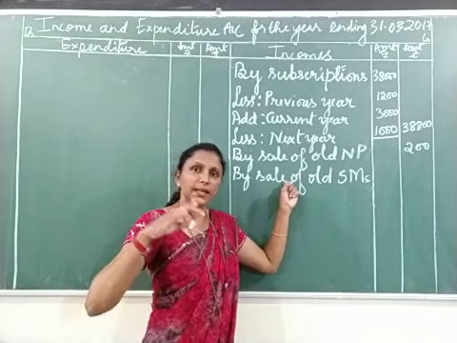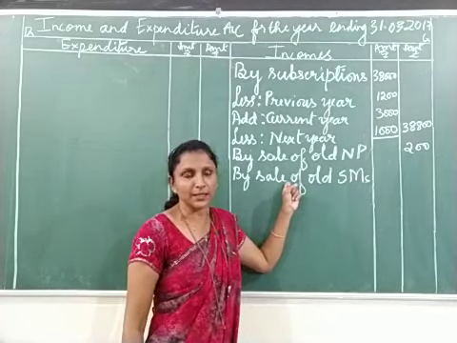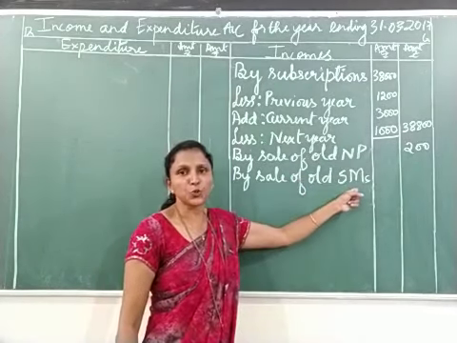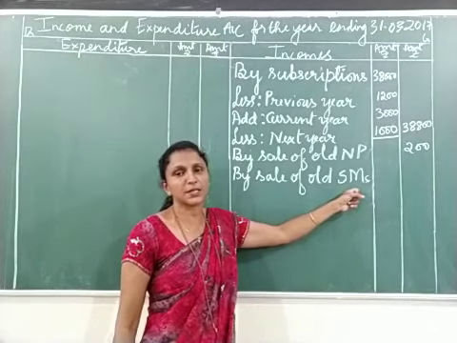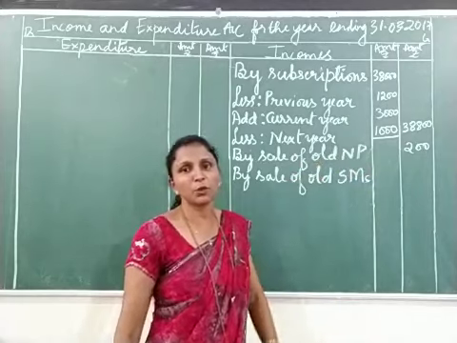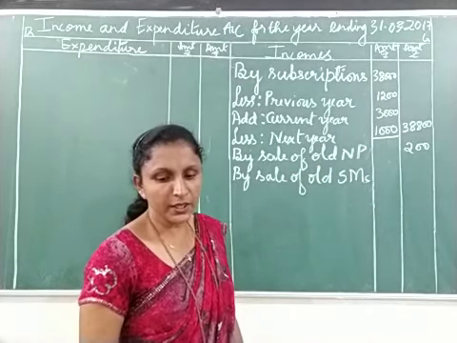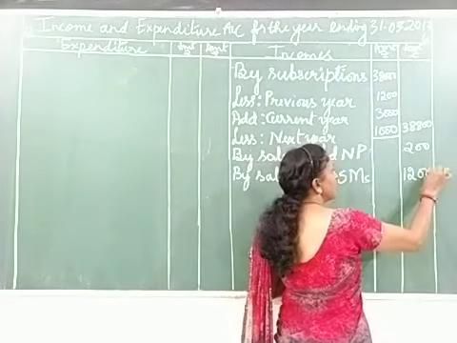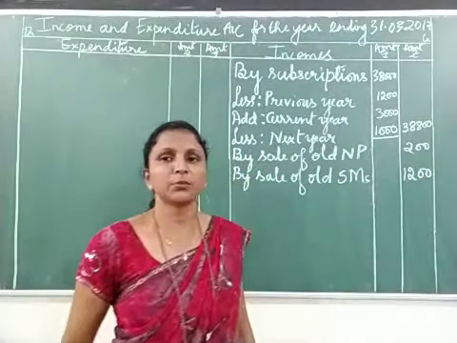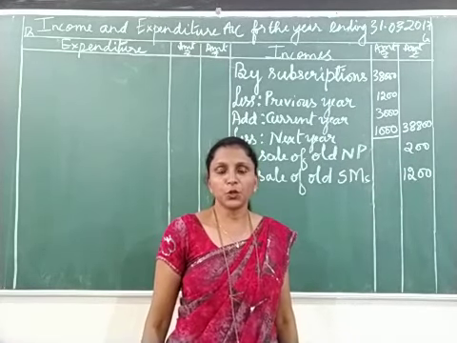So we are not considering the sports materials now; we are taking it directly to the balance sheet as an asset. Now, sale of old sports materials: there are no items related to old sports materials. Therefore, we are writing the amount in the outer column. The amount is 1,200, direct in the outer column, and put a tick mark to that item. That is over.